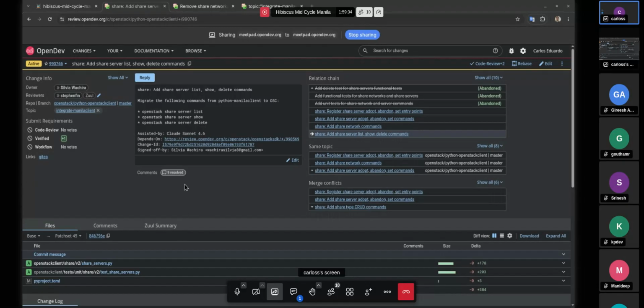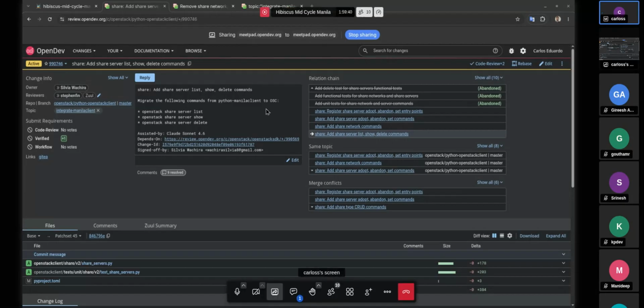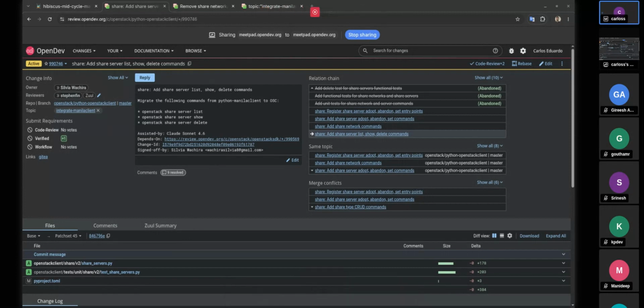And I think one of the questions might be, who is going to be able to merge our code in Python OpenStack client? Manila reviewers, we don't have the workflow privileges, but Stephen and Artem, they are looking at our reviewers, and they are spotting who is a Manila reviewer. Manila core reviewers should have the +2 rights in the Python OpenStack client project. And then Stephen and Artem should be able to pull the trigger. They are pretty active on the project, and we should just tag them on reviews whenever we think something is ready. So that would be also the thing.